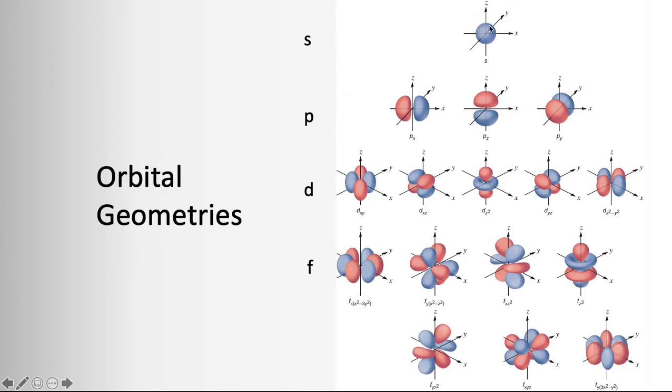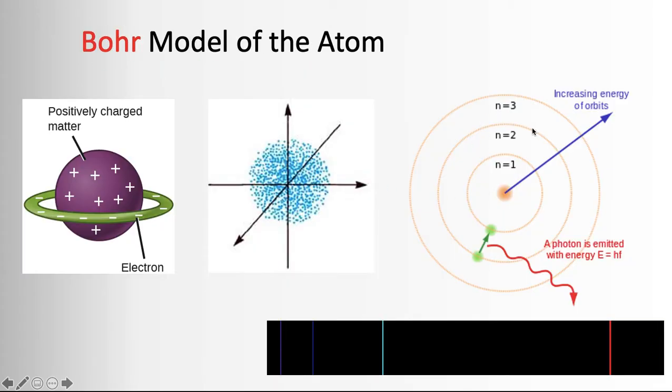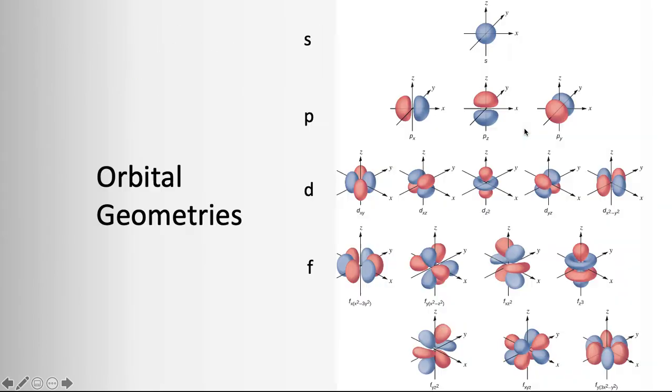So this is the s orbital, which every level has one. Level 1 will have 1, level 2 will have 1, and level 3 will have 1. But level 2 will not only have the s subshell, it will also have the p subshells. So that electron in level 2, if I give it enough energy to put it in the second level, it could be in a spherical subshell,